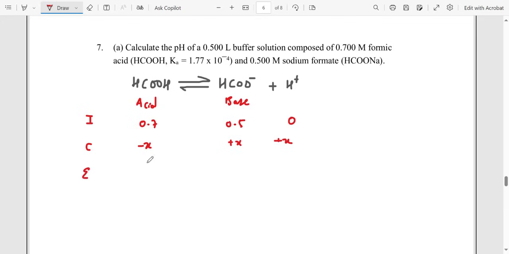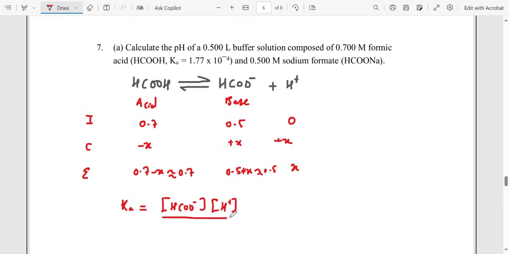At equilibrium, this is going to be 0.7 minus x, which is approximately just equal to 0.7. This will be 0.5 plus x, approximately just equal to 0.5, and then this is going to be x. So the Ka is going to be equal to the concentration of HCOO minus multiplied by H plus